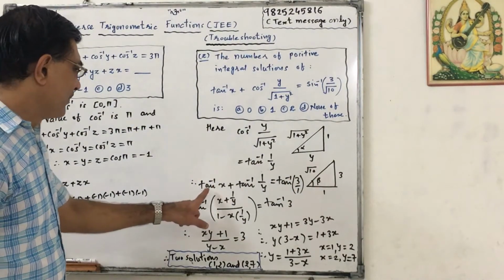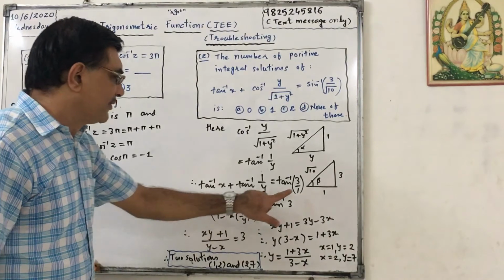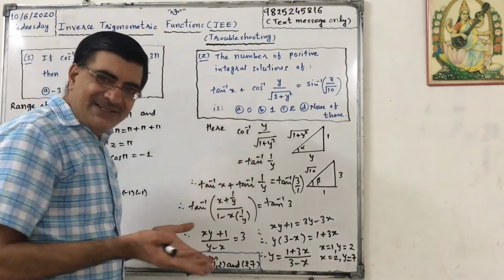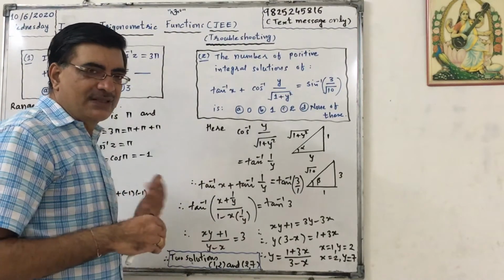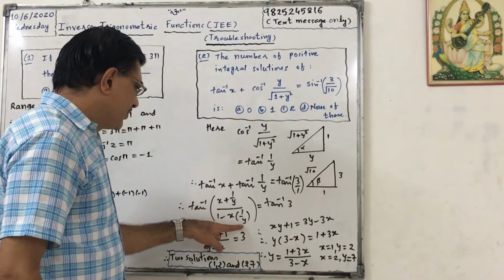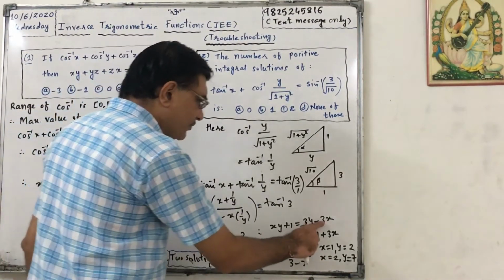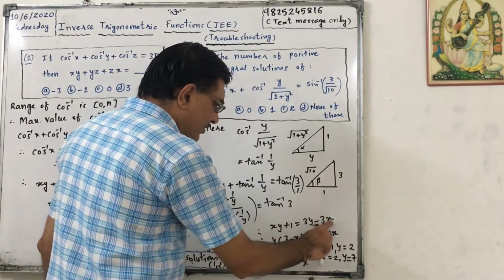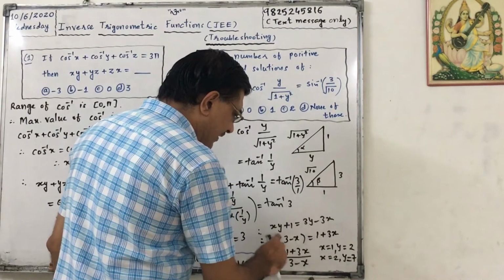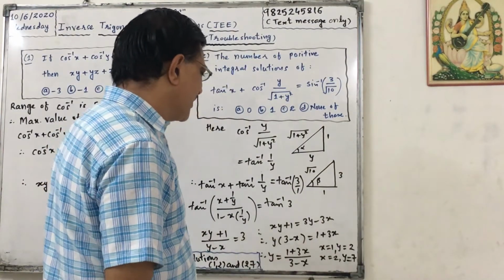Now we have a formula for this. Tan inverse of x plus 1 upon y upon 1 minus x into 1 upon y equals tan inverse of 3. In other words, taking tan on both sides, tan of tan inverse will give us the identity function. Similarly here, xy plus 1 upon y minus x, denominators will be cancelled, equals 3. So xy plus 1 equals 3y minus 3x. Taking 3x here and this xy on that side, y will be common, y into 3 minus x equals 1 plus 3x. So y will be equal to 1 plus 3x upon 3 minus x.